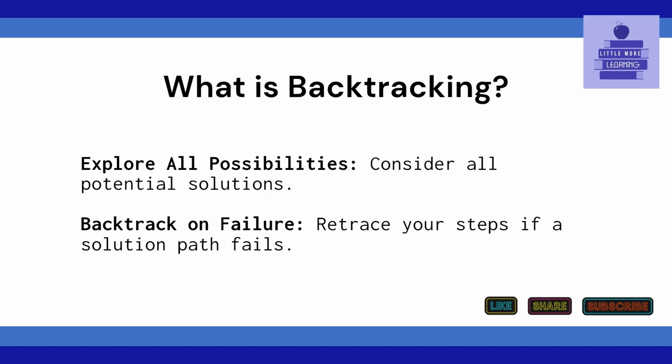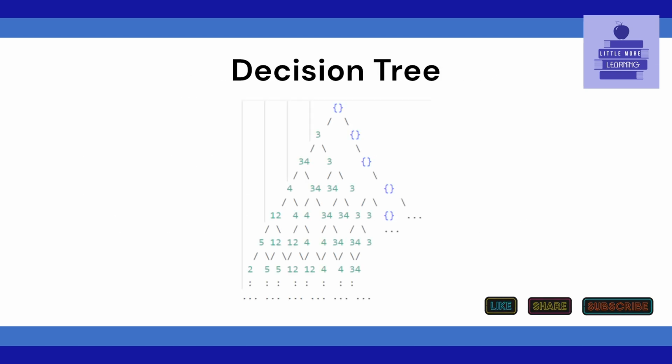Backtracking is a methodical way of trying out different sequences of decisions until you find one that leads to a solution. It's like trying to solve a puzzle by testing every possibility. If you reach a point where no solution is possible, you backtrack to a previous step and try a different route. Decision tree. Let's consider a simple example of solving a subset sum problem where we need to find a